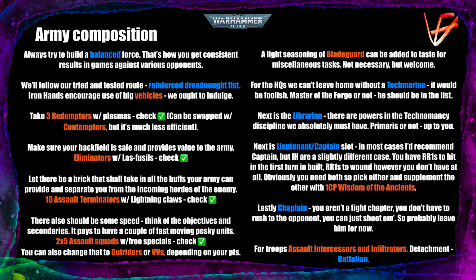And it was always a problem because you were suffering that -1 to hit for the heavy weapon, and now if you're playing Iron Hands, you will not suffer that -1 to hit because of your super doctrine, so a double win for them. And also you will reroll once to hit because that's a heavy weapon, so a great combination. In any good Space Marine list, there shall be a brick of Terminators, of 10 Terminators with Lightning Claws